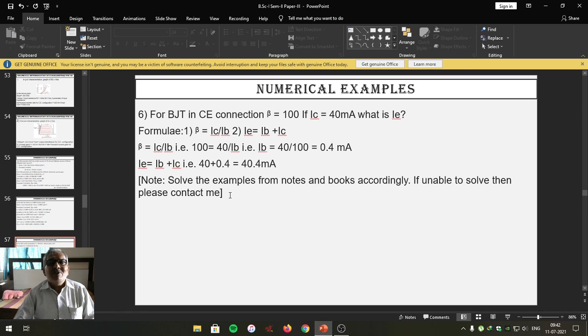So this is one small notice to be given to you. And according to this particular notice, write the home assignments. You have to solve all the questions and send it on the mail ID which is given on the WhatsApp group.